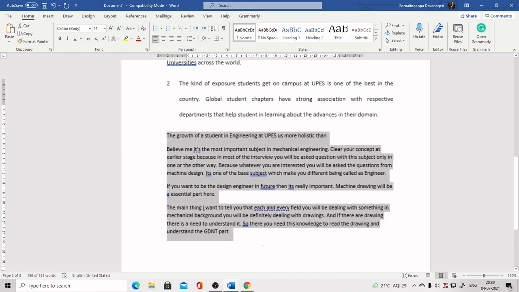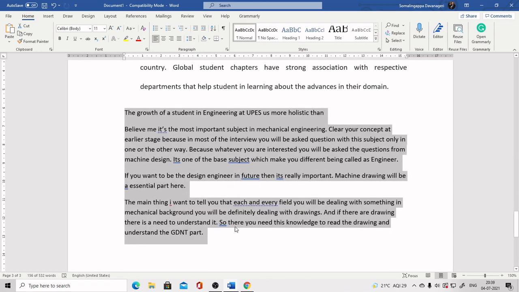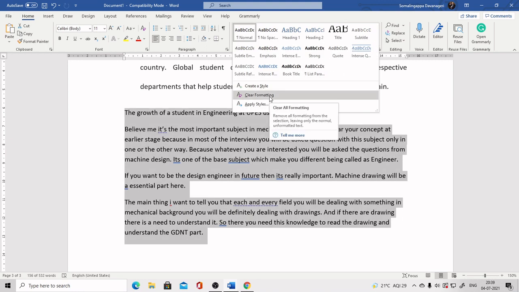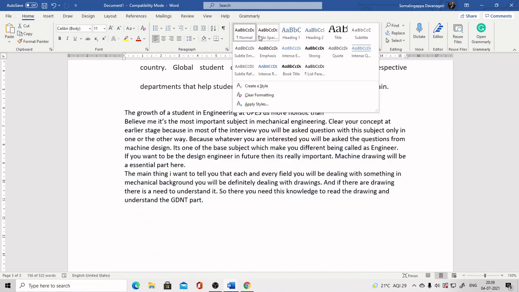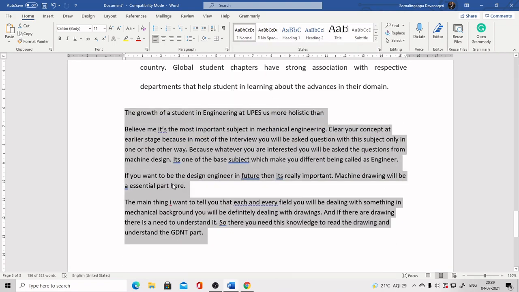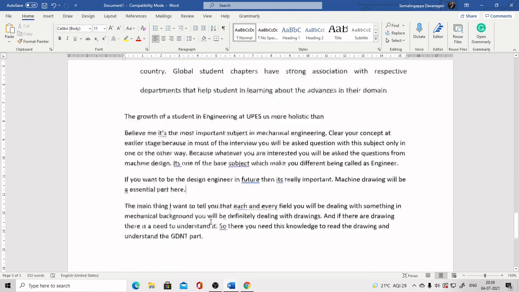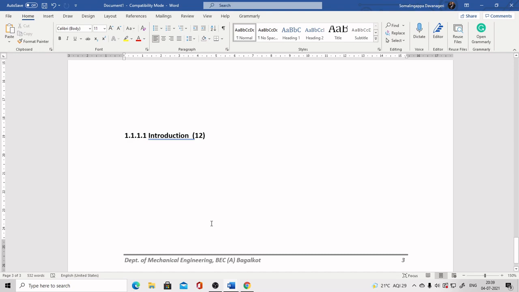Now it has been changed. Use this option to clear the format. You just click here, then go for clear format. Now you have different styles here, so based on these styles you can assign the font size as well as the font type.